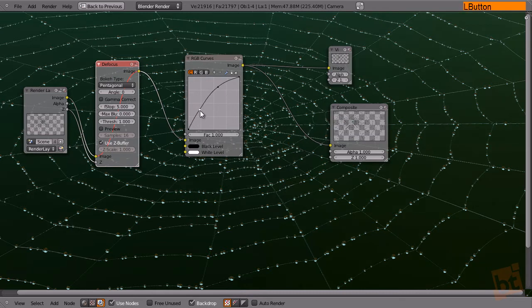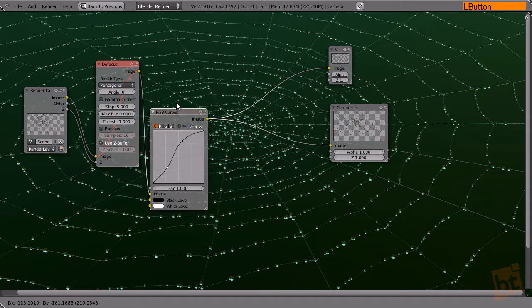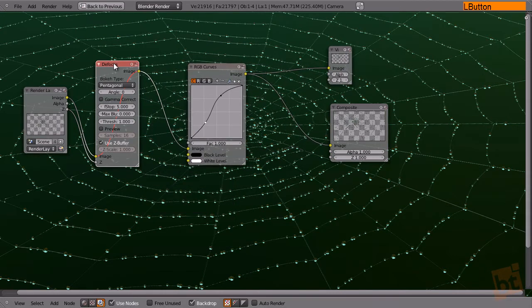Now let me take a look at this. Let's increase the greens. Right, it's something like this. All right, there we go. So now press M again,